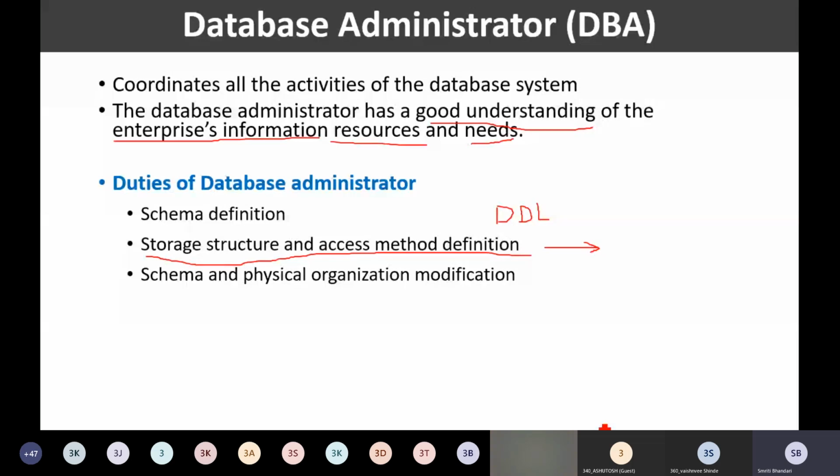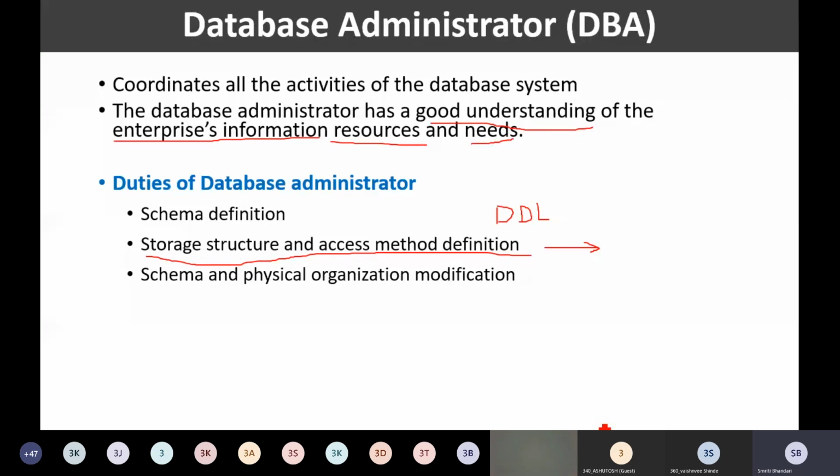I have changed the grading scheme, the university has changed the grading scheme. So that is the new modification, and we need to incorporate that modification in our existing database.